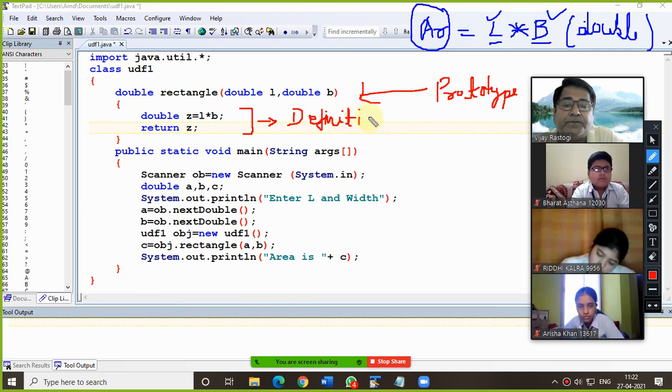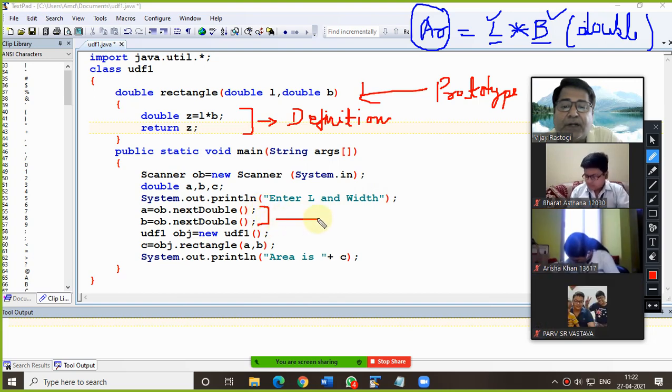This is the input part. And this line is very, very important here.